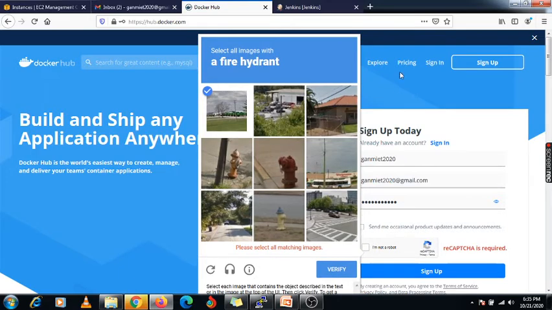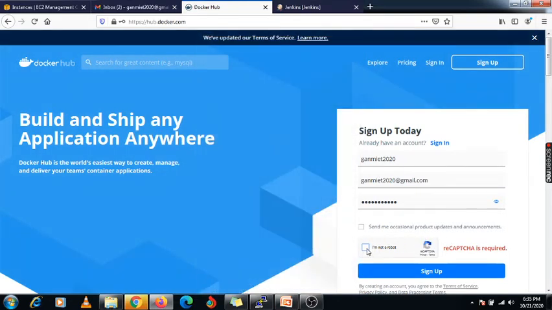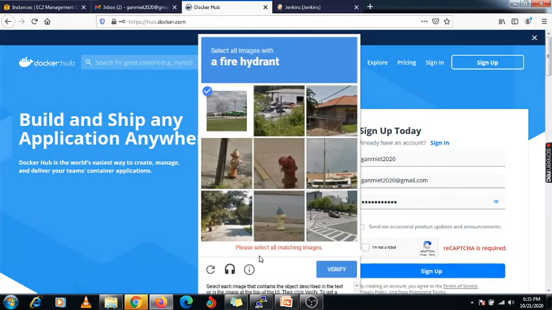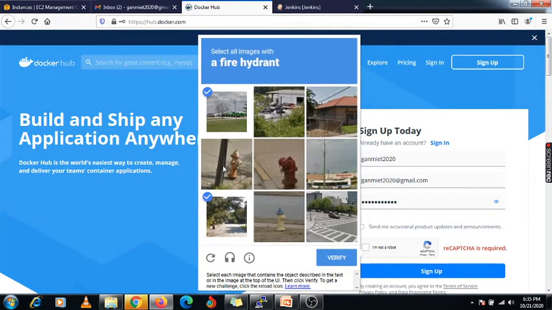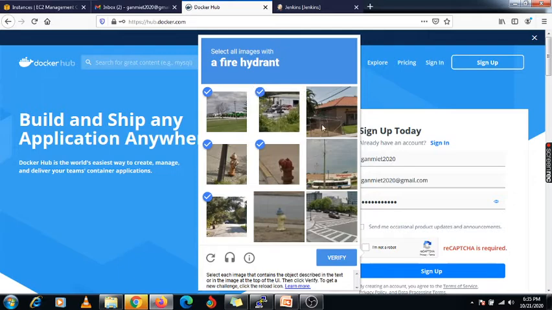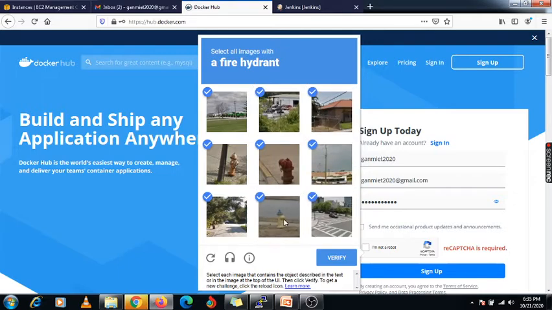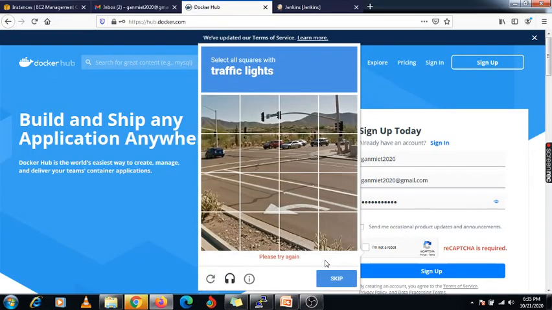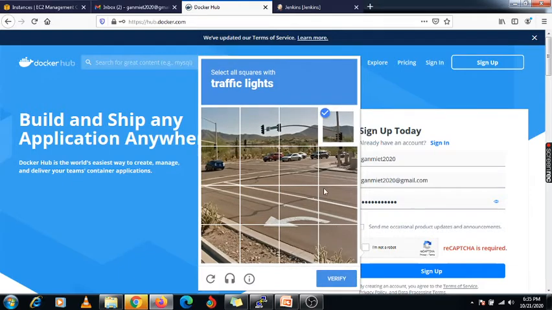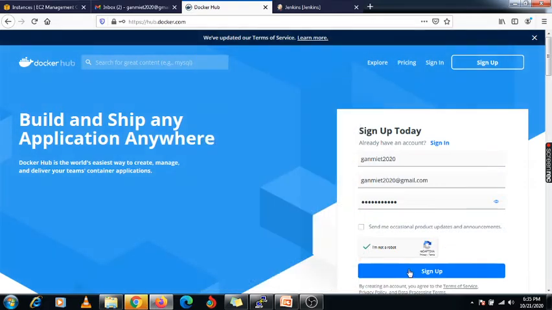Please select all the images. Now verify it. Please try again, traffic signal. This is my traffic signal. Verify it. Yeah, it's taking. Now going to sign in.